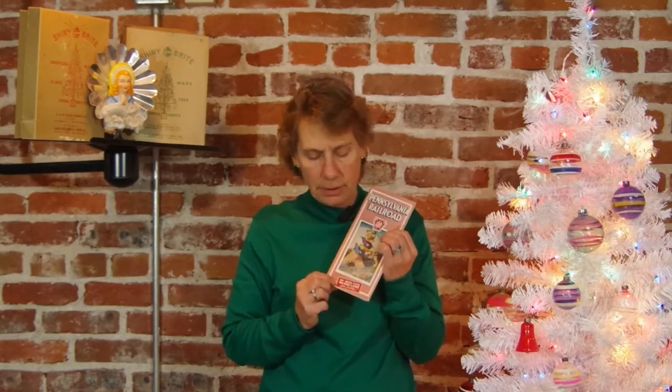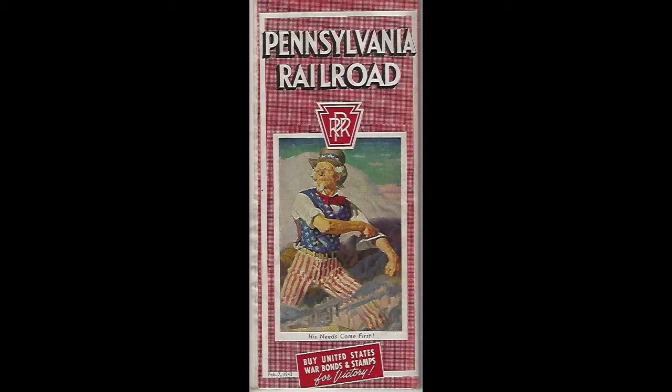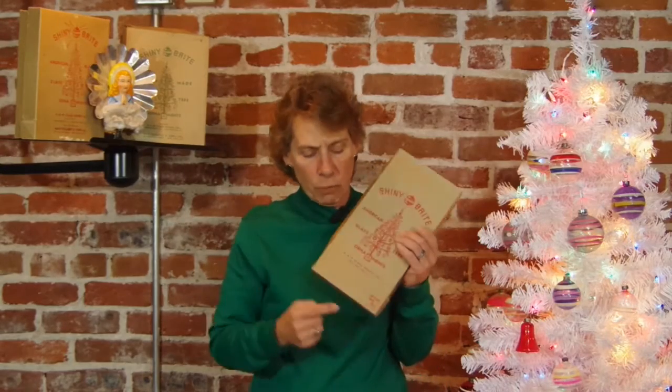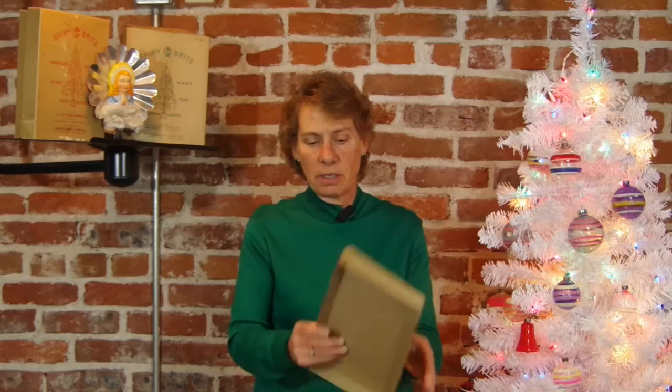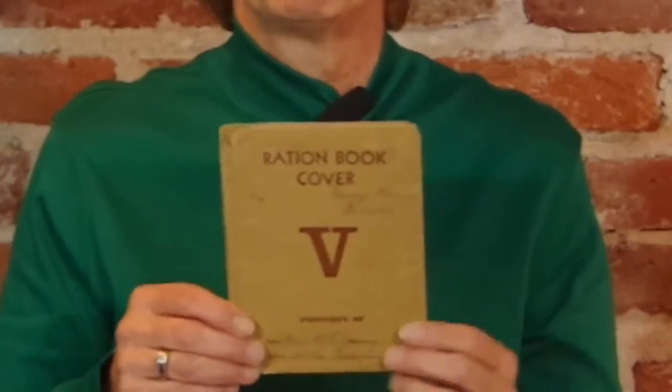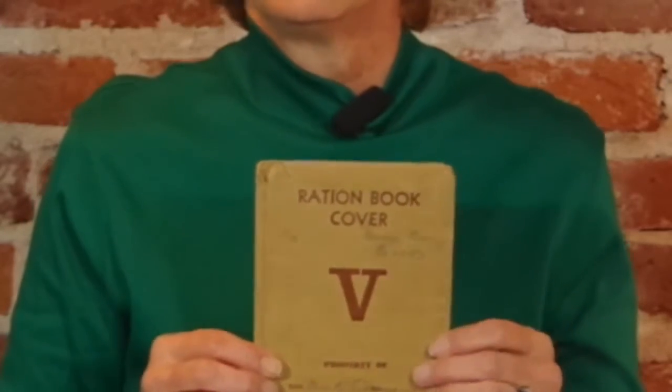If you look at this Pennsylvania Railroad timetable, it talks about war bonds and victory, and that's what changed by 1943. This is copyrighted 1943, so the campaign changed from "for defense." Remember, my box says "for victory," not "for defense." So "for victory" came about in 1943, the matchbook came about in 1943, and the ration book came about in 1943. Now, remember the stamps started in '42, so this box could be 1941 to 1943, but